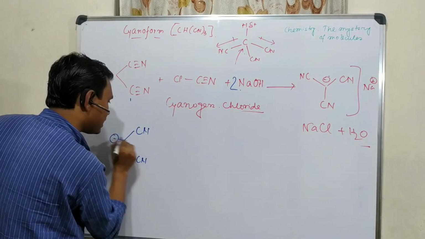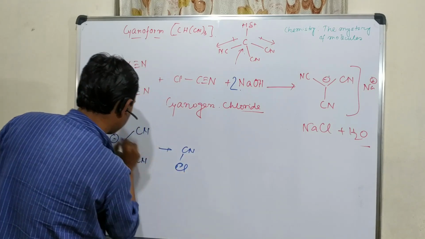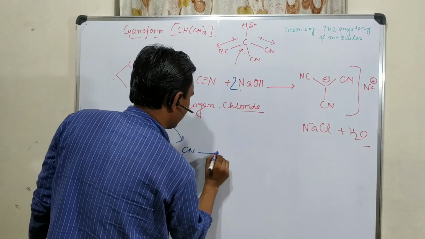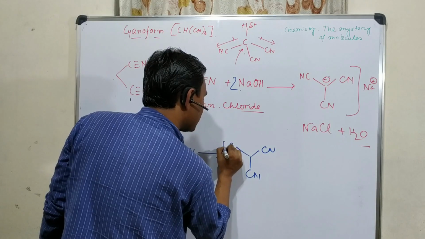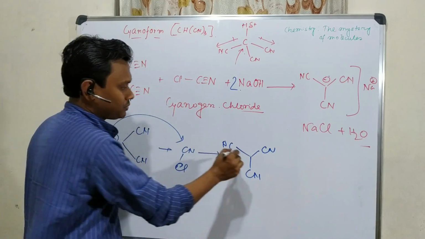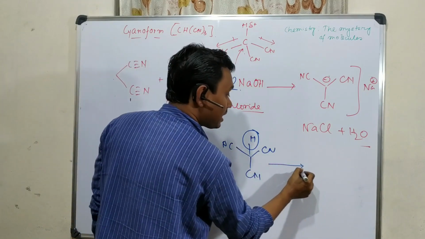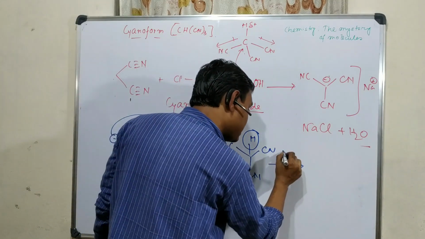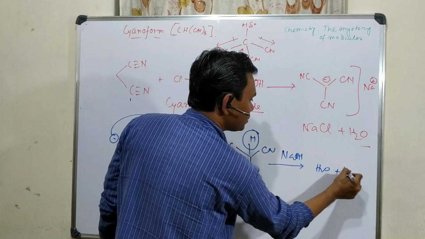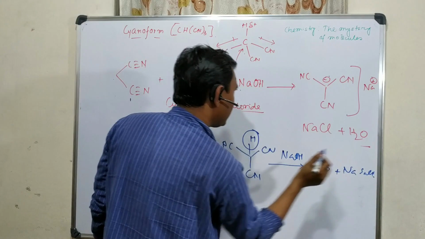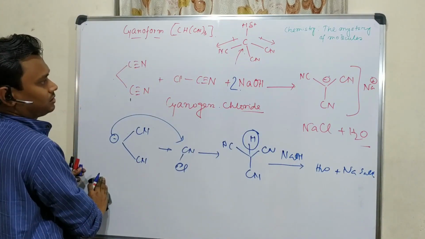This CN negative charge reacts with cyanogen chloride to produce not directly the salt. Initially it produces another intermediate, tricyanomethane. It also contains one proton, but this is a very acidic proton, pK around -5, like an acid. So instantly it reacts with sodium hydroxide to produce water and the sodium salt. Okay, that is where I was confused. So this is the main theory.